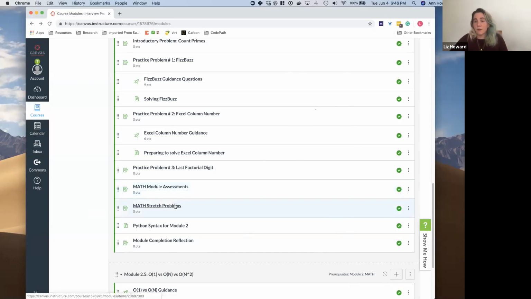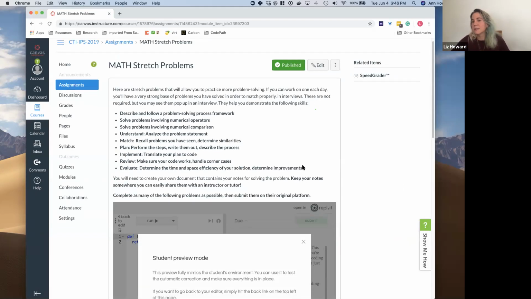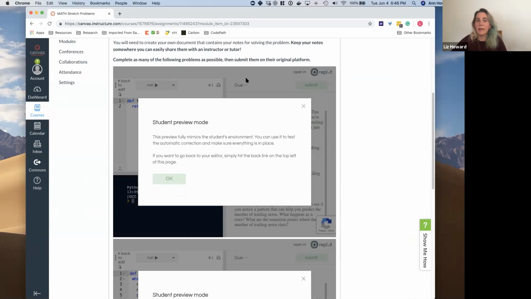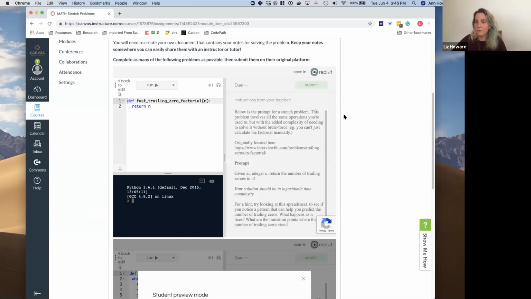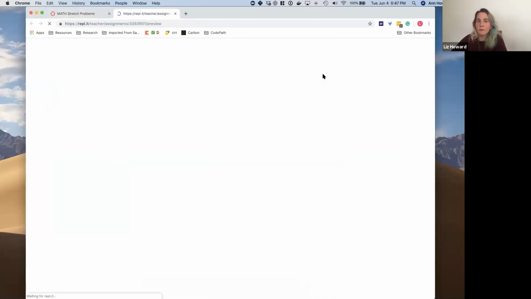And then there's stretch problems. So that's where you can keep up your daily practice. The stretch problems are a tiny bit harder than the practice problems, right? And so I've embedded them here in Replit, which is one of the platforms that we're using. For me, it says student preview, but for you, it shouldn't say student preview. And so if you want to do them here, cool. If you want to open them up in Replit,